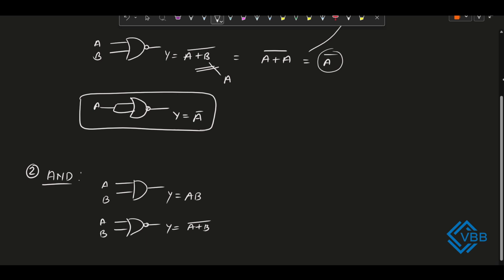So our job will be to change something in this expression so that we will get this expression. After that, we can say we have implemented the AND gate using NOR gate. For that also, we have seen one method or one theorem, De Morgan's theorem, that says if we will